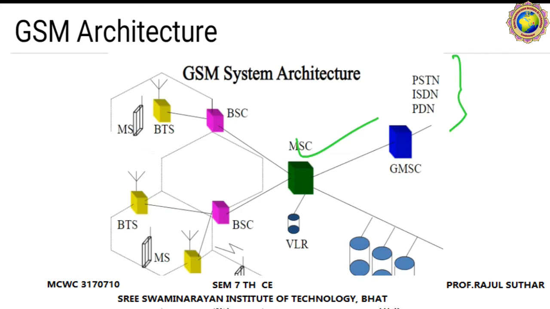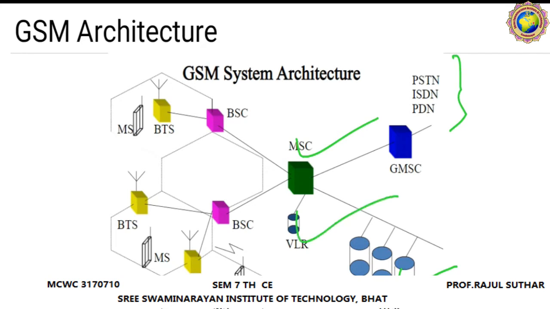HLR, the home location register, contains all the administrative information of the subscribers registered in the corresponding GSM network, along with the current location of the mobile station. The HLR database maintains the unique international mobile subscriber identity for each subscriber and the VLR address. The HLR database can be grouped in two types. We have discussed the dynamic and permanent databases.